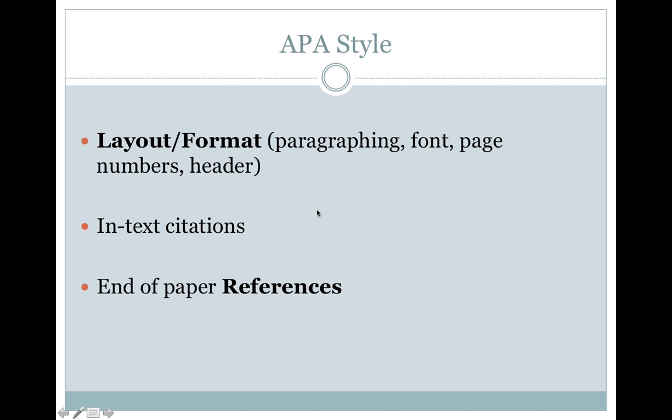Good. How many of you followed along? Okay, good. Here's the other thing. If you followed along and got most of it right, you're set. Like, you don't have to mess around with margins or headers or page numbers or centering or paragraphing. You don't have to worry about any of that. You can just start typing away. So if you're happy with what you just created and you think you got most of it right, go ahead and save that template. So you can just open it up again when you're ready to write your essay next week and you already have those things set up. Okay, but it really is that simple.